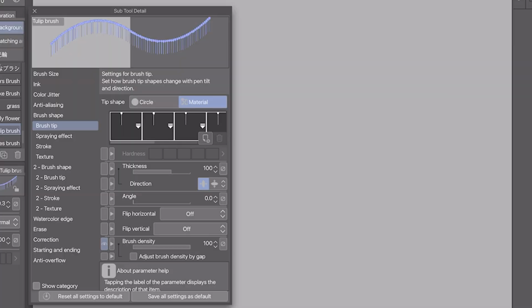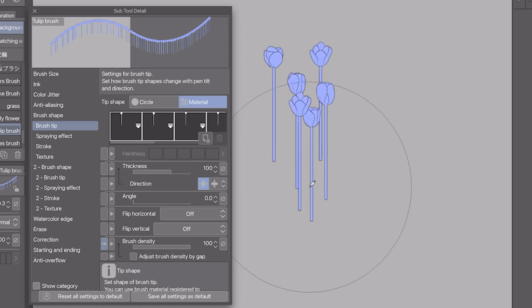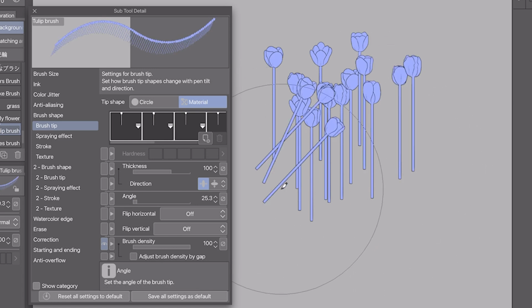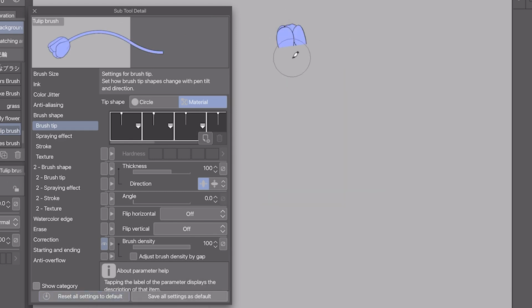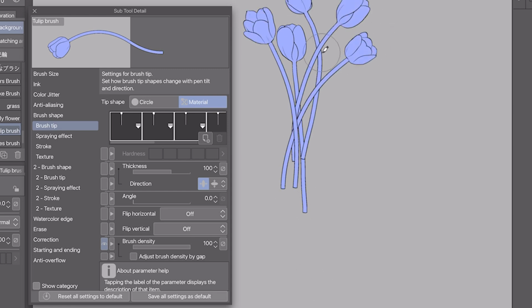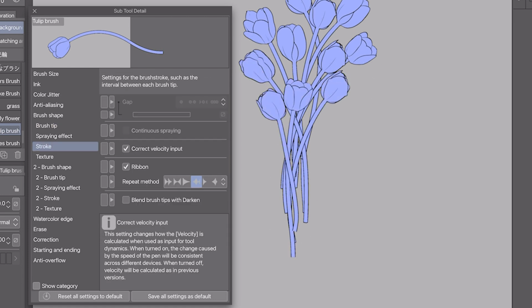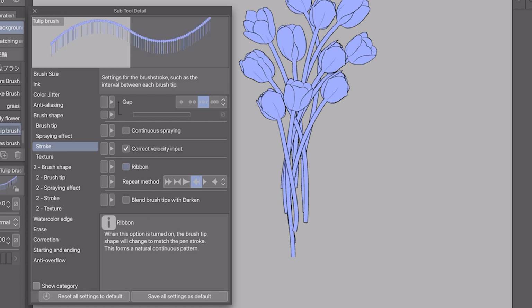All right, one final example I want to give you. I really want to show this off because I think the creator of this is super smart. So for this brush right here, I've adjusted the settings a bit just to show that they have a lot of brush tips right here. And instead of using all these little tulips to stamp and having to manually turn them around, what this brush does, I'll reset settings to default, is that you can stroke and then give the angles of the flowers and the placements yourself. This is so smart. How they did this was using ribbon. You can see the difference in the preview window right there.